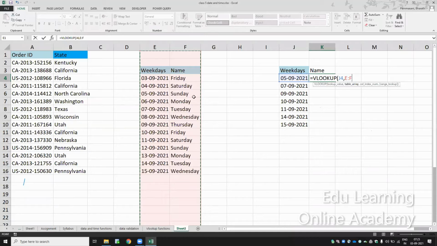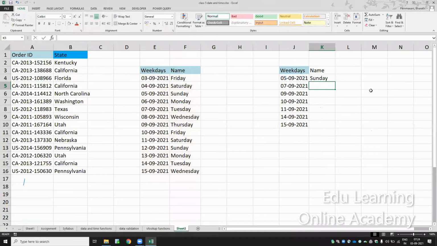Can you see here the red color, the orange color highlighted? So this will be my table array, comma. And which column value do I require in this table? Do I require the first column or the second column value? I require the second column value. I'll select 2 here, comma, and matching. It asks for a false exact match, so always keep it as 0, which is false. So I'll close this.